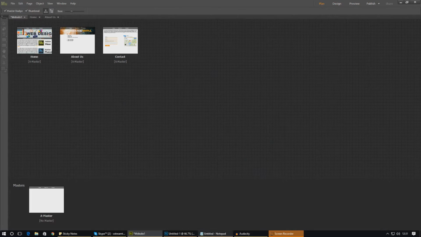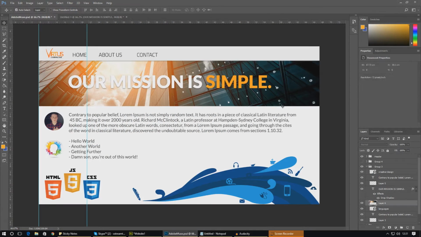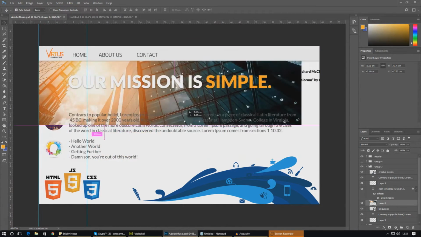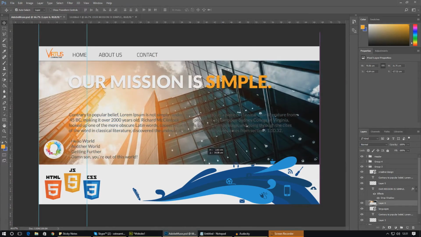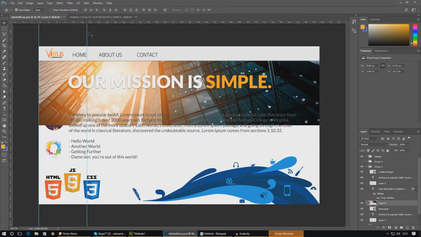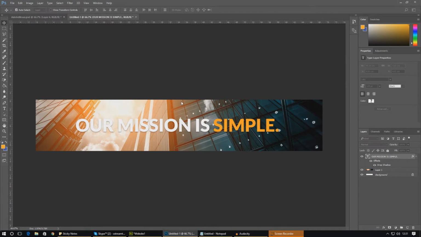So if we go into my Photoshop document, let's see what we can do with that. So if we go ahead and grab this, you can see I've already cropped that, possibly. No, I haven't cropped it. So basically we just need to get a bigger image, just like this. So yeah, there you are. So I'm trying to get this section, but I need to get a bigger image. So I'm going to go to image, and I'm going to go to canvas size,